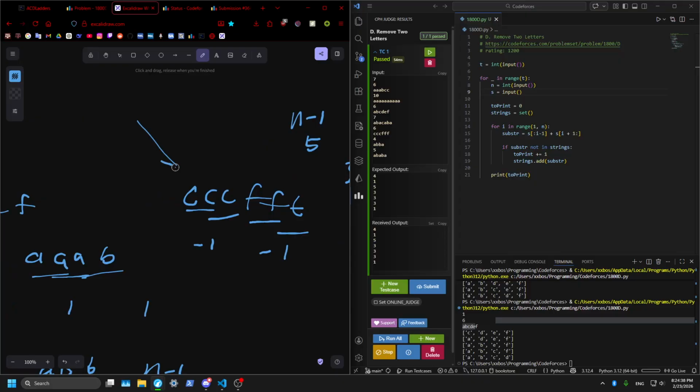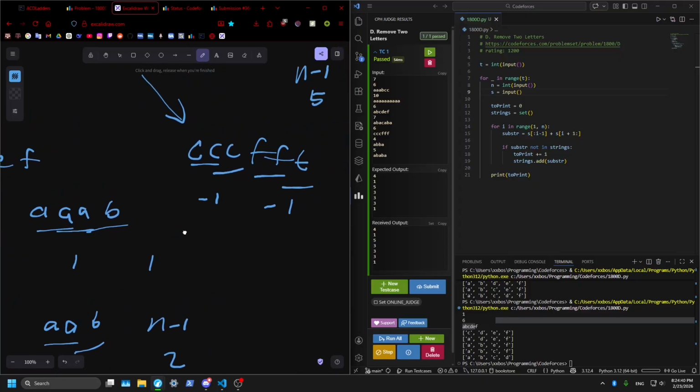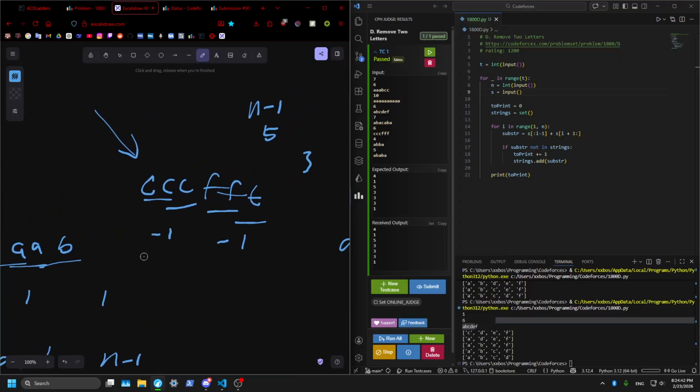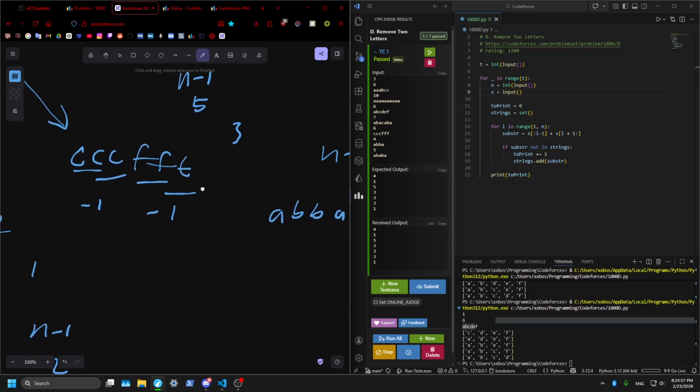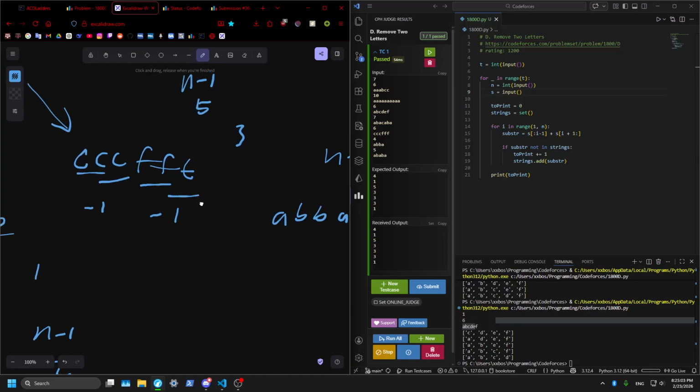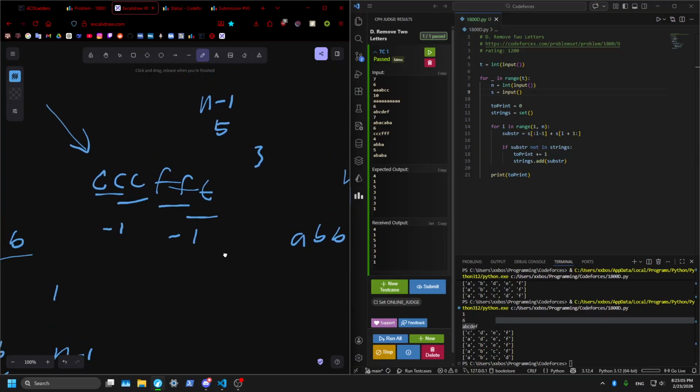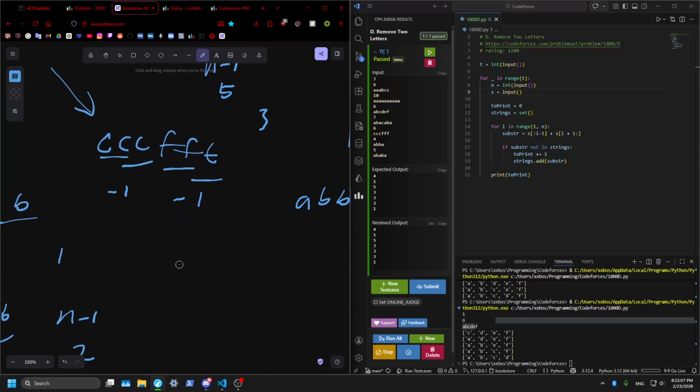So I think this case is like the most important case here. Because, okay, we know n minus 1. But whenever there's these duplicates, it becomes. Okay, I want to check